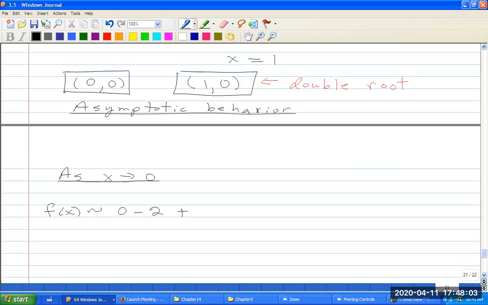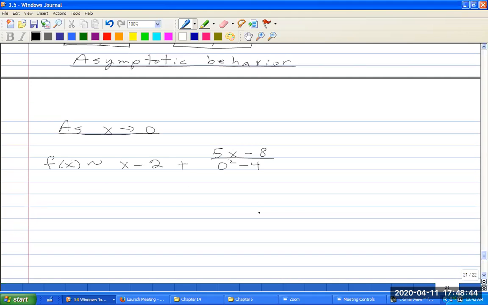Plus x. In this case, I want to see what happens near x equals 1, x equals 0. Okay, so x, and this would be 5x minus 8 over x minus 4. Okay, so